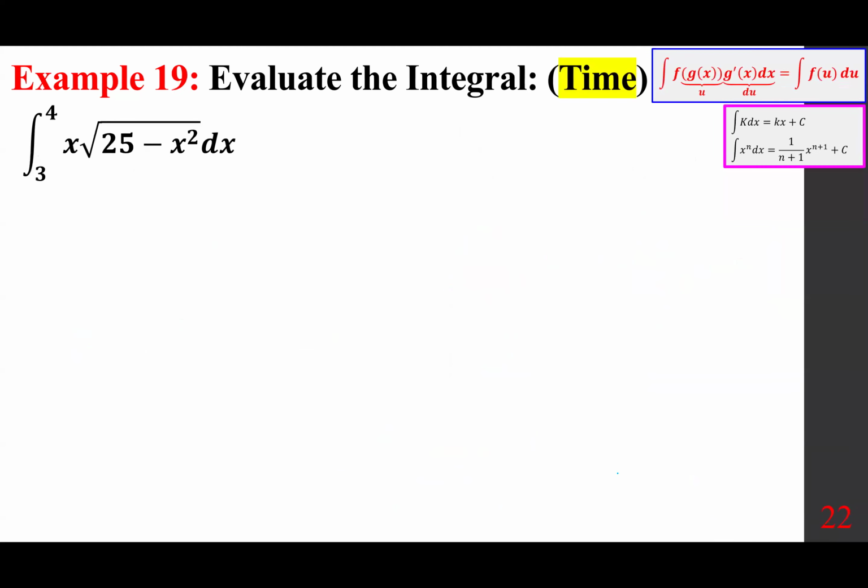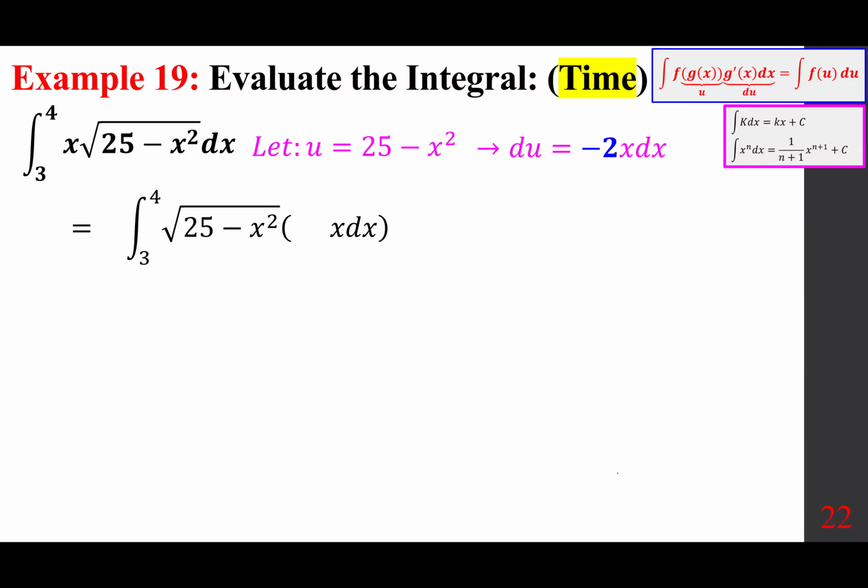Let me quickly remind you of what we did last time, the integral from 3 to 4 of x times the square root of 25 minus x squared. This is just to remind you what happens again with the limits. So 25 minus x squared is the u, the derivative is minus 2x, du is minus 2x dx. We move the x next to the dx, and so negative 2 is missing, you plug in,